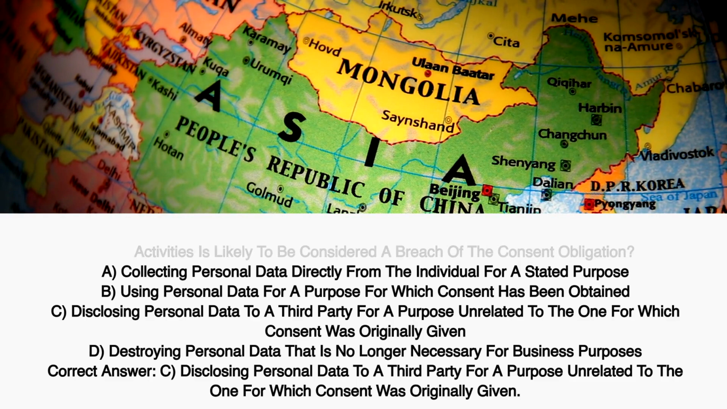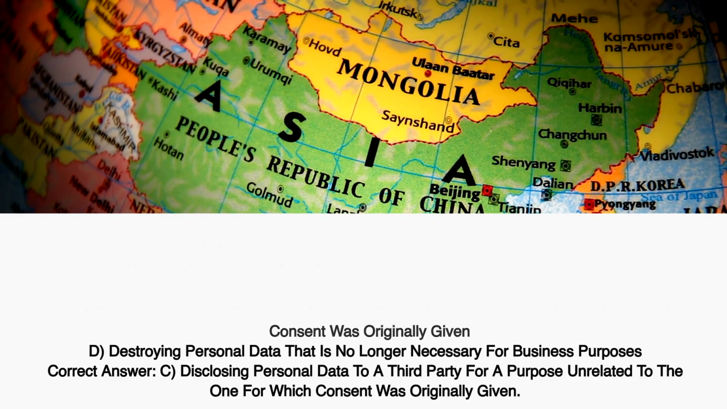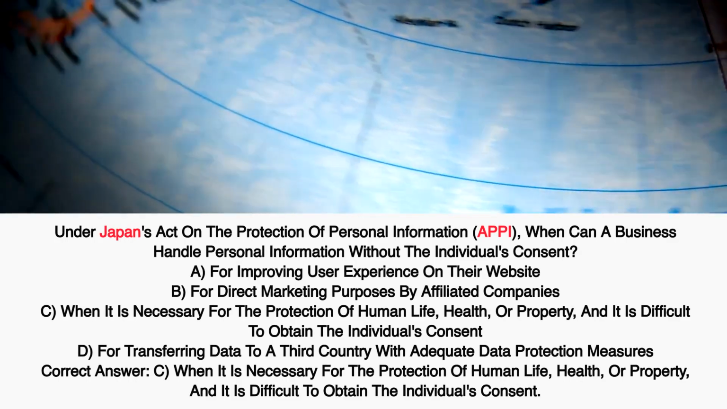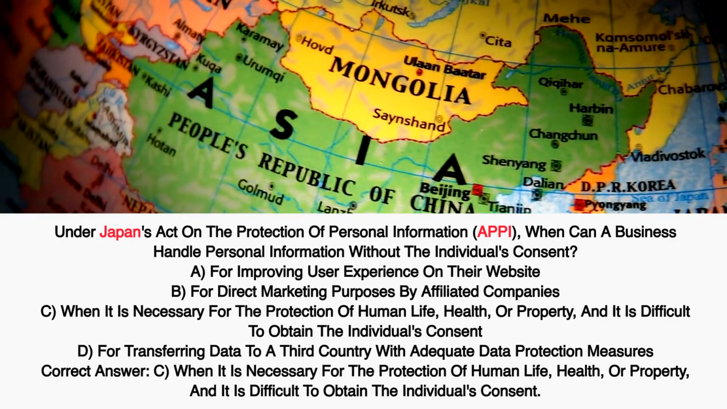Correct answer. C. Disclosing personal data to a third party for a purpose unrelated to the one for which consent was originally given. Under Japan's Act on the Protection of Personal Information, APPI, when can a business handle personal information